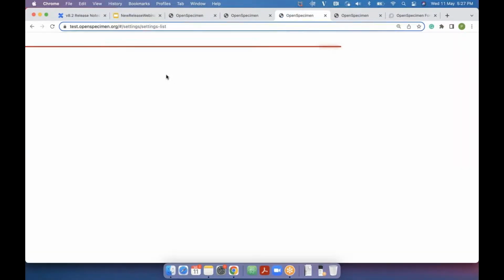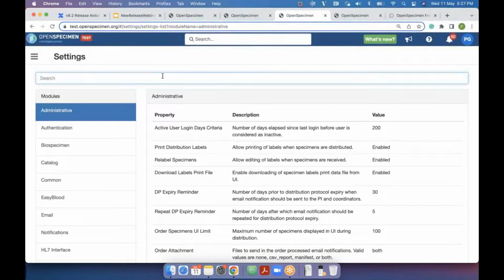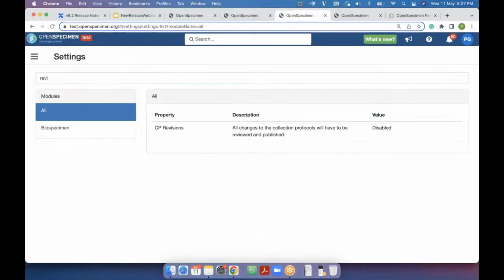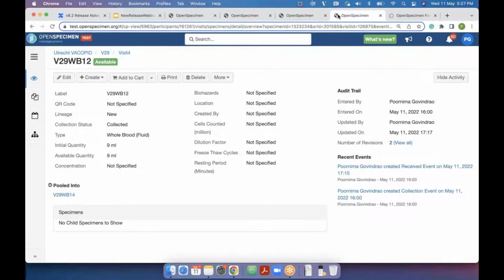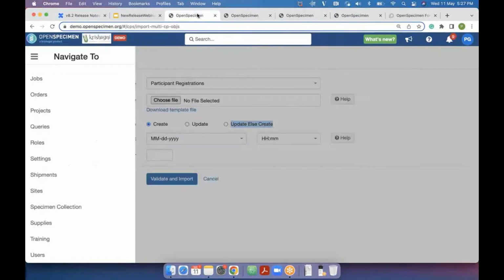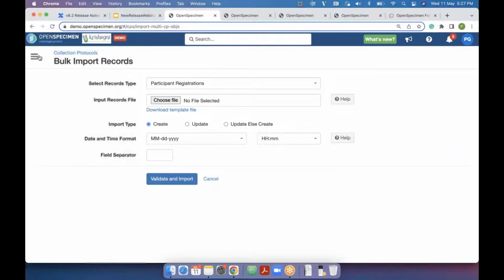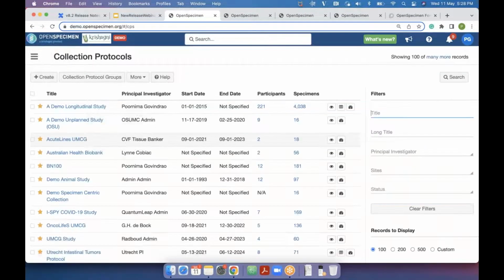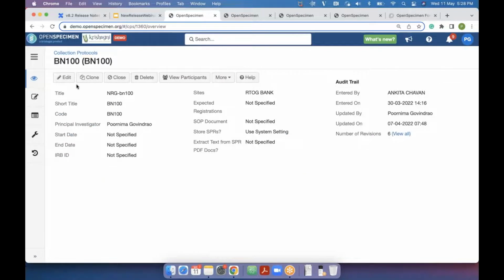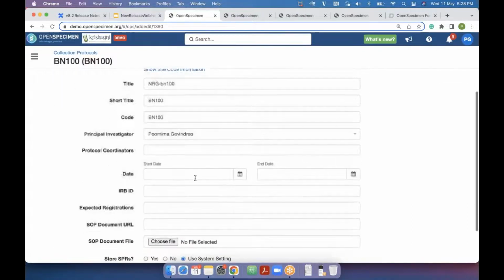So let me just show you. In settings, if you go to revisions, there is CP revisions, and you can enable or disable that. On the demo site, I have enabled it. So what I'll do is go to a collection protocol. For example, let me go inside this, and suppose I made some change here. So I added a start date and end date